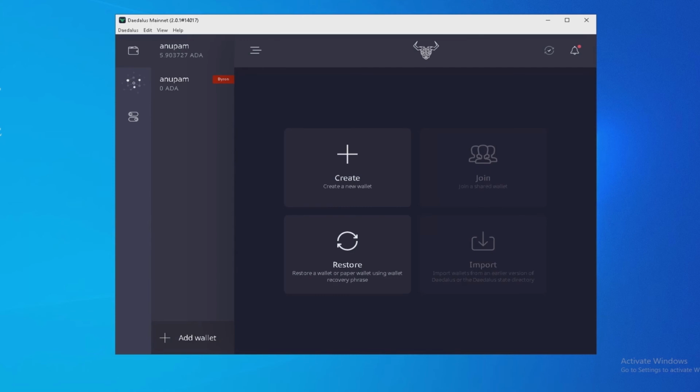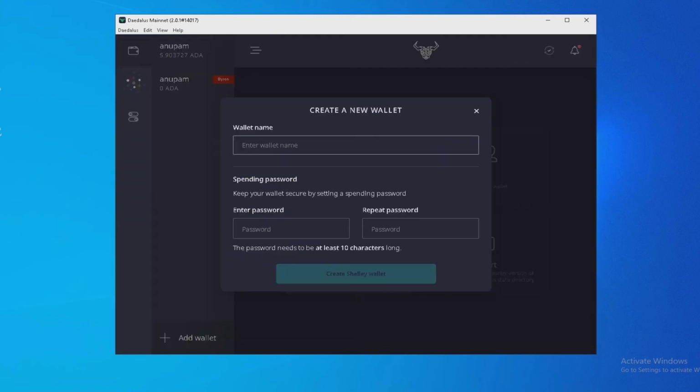Now for a new user who is using this wallet for the first time, they need to create a wallet. So here is the create option. You click on create, put some name. We will give taste. Then you have to select some password.